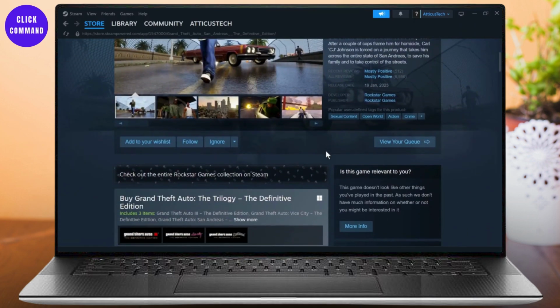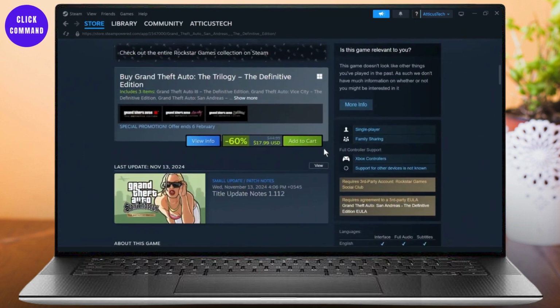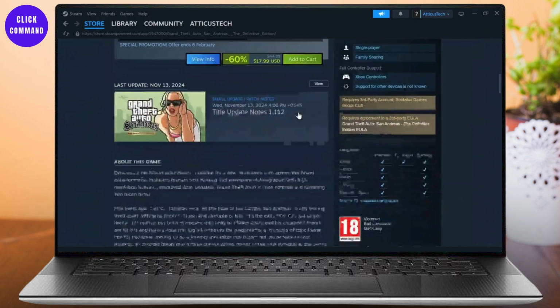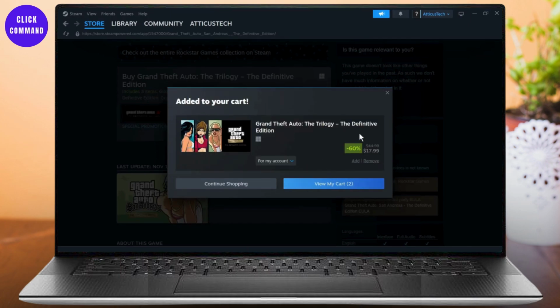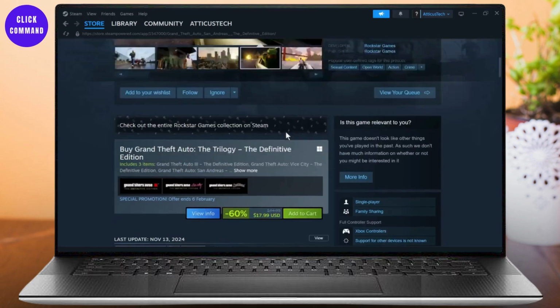After you're here, you should see an option called add to cart. Tap on add to cart. Now this will cost you some money, and there is an offer going on, so you can get this at a much cheaper price. And after you're here, simply tap on add to cart and then simply buy your cart, and that is how you can get GTA San